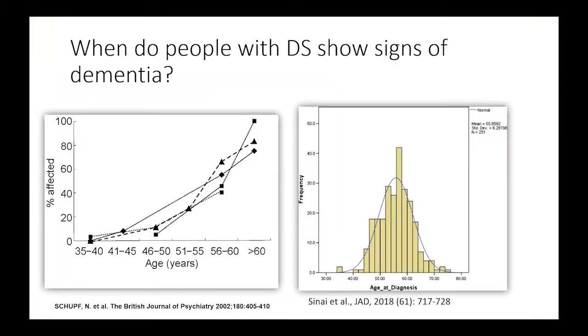However, what's, I think, to me, extremely fascinating is that the signs of dementia in people with Down syndrome, if they do occur, don't start to really happen until about a decade after we see both plaques and tangles. So here's an example of a couple of papers that have been published. This was work done by Nicole Schupf at Columbia University, where she put together all the cohorts that had published data at the time, which was in 2002.